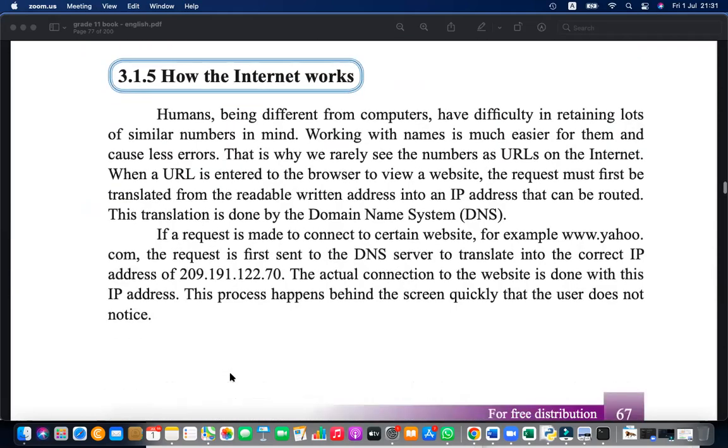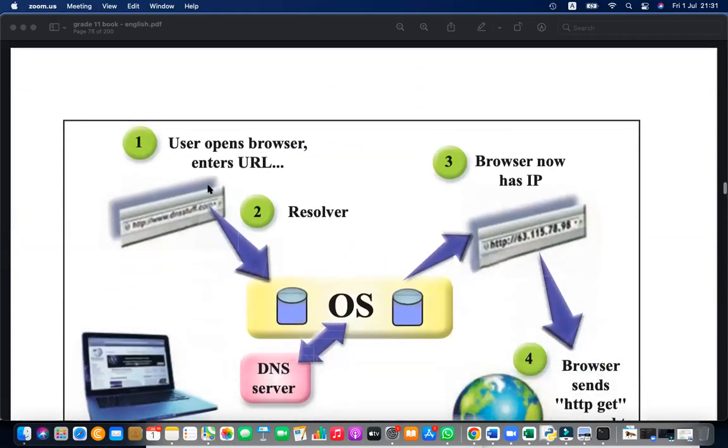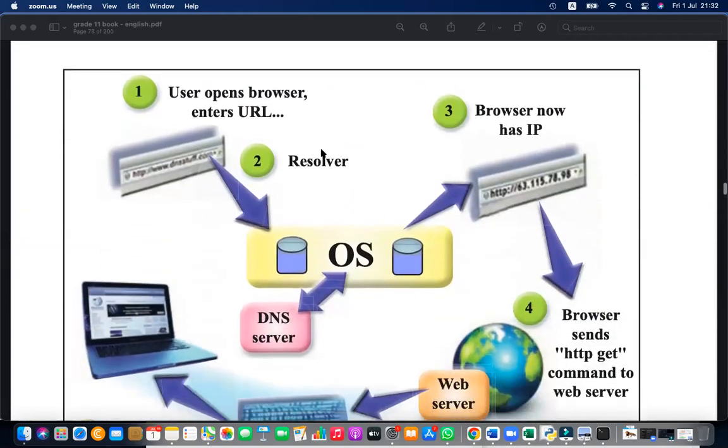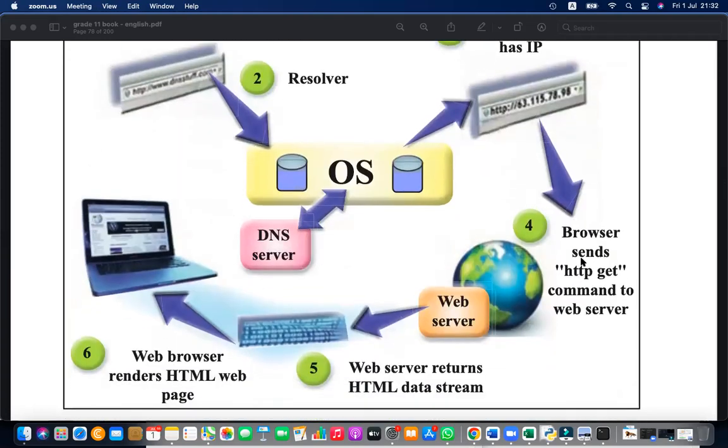It is unique. How the Internet works, I said this. You are requesting from the browser with the help of the operating system, and with the help of DNS, it resolves the IP address. So it sends the request to the particular IP address on the internet through the router, and there is a server providing the service. It will deliver the service and come back through the web server's ISP, through the internet to your ISP, to your router, and finally to you. And it will be displayed there. This has been asked in the examination. So please remember the path, how it happens.